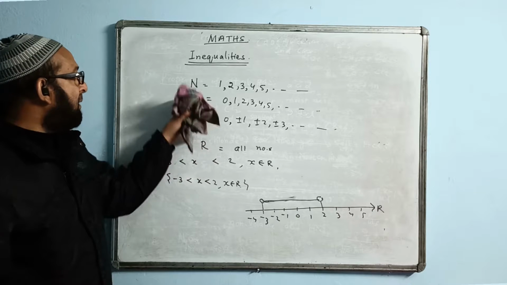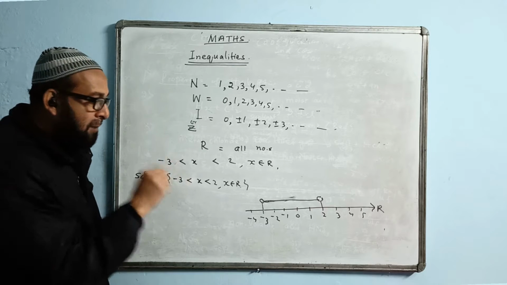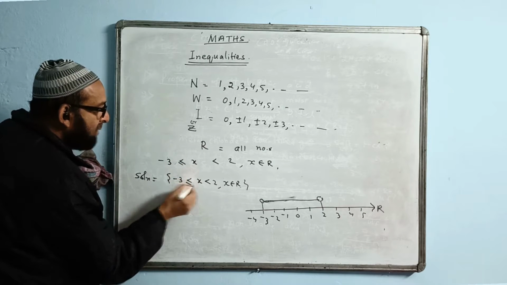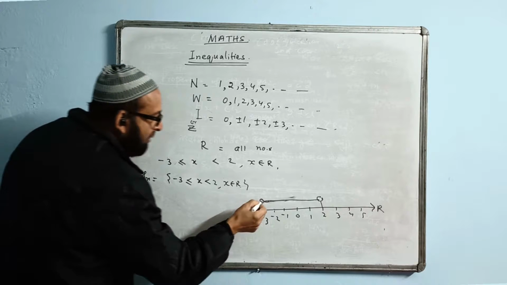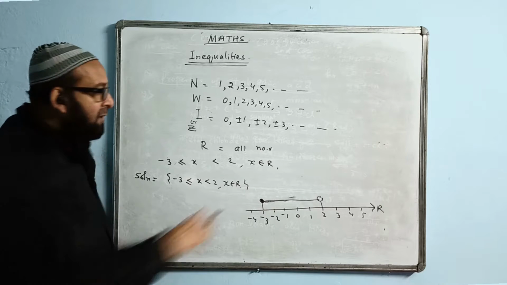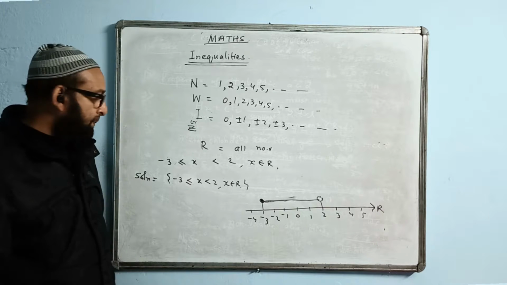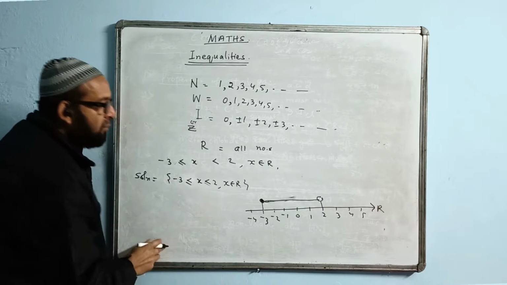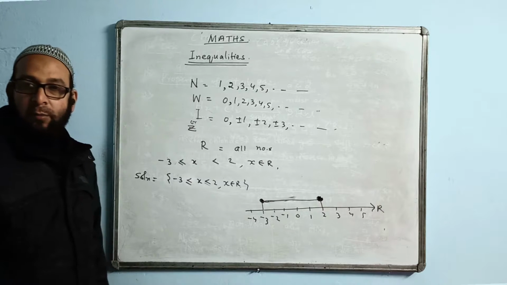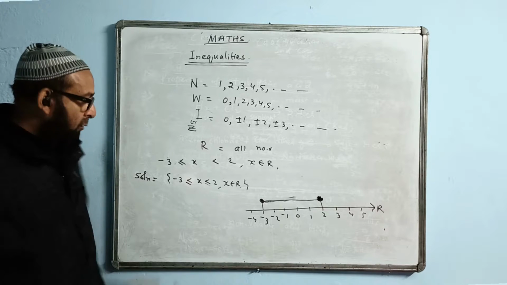In other cases, with whole numbers and integers, they are limited answers. We will write them with commas, and show them on the number line separately, as separate dots. By chance, if there is an equal sign over here, with -3, that means we will put a thick dot, including -3, like this. And this side, excluding 2, is a hollow dot. If here also there is an equal sign, then here also we will keep a thick dot. We will not keep a hollow dot. We will draw a solid dot here, that side also, if an equal sign is there.